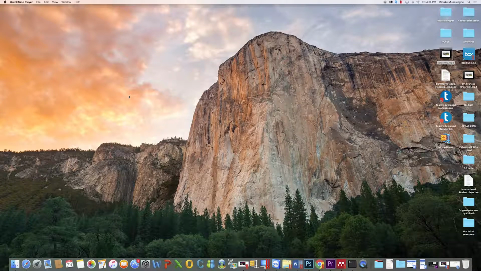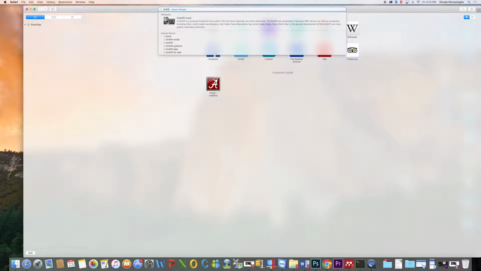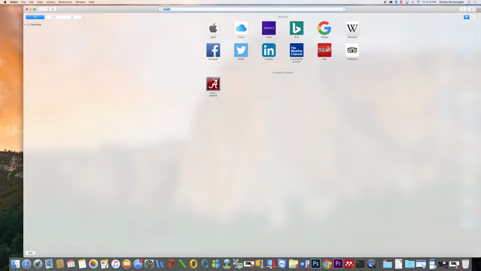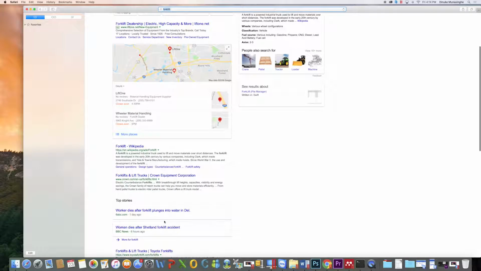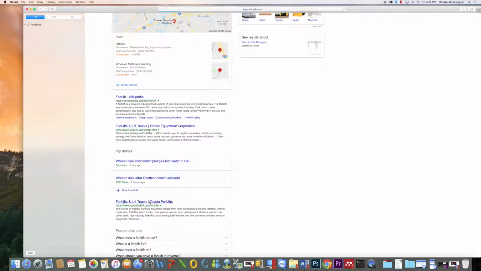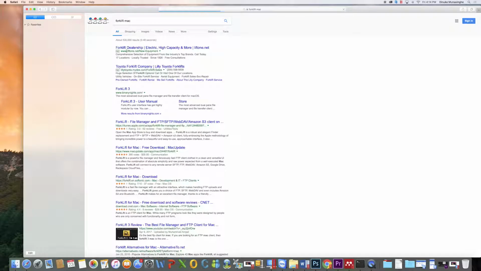In order to interact with the UAHPC or the files that are stored there, I like to use a software called Forklift. So I'll just Google it. No, not Toyota. Here it is. Okay, so I Googled Forklift Mac, and you can download and install this software for free as